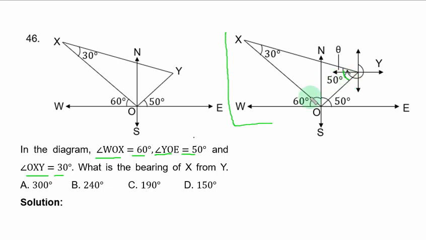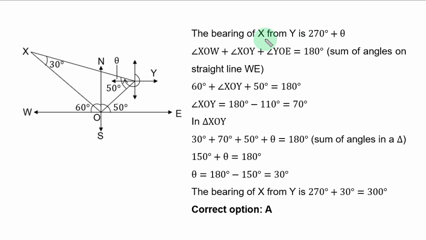Now, we have a right angle triangle. Now, if here is 50, here is 60, these remaining angles become 70 degrees. So that if you add the four angles, that includes this remaining part now, the sum is 180. The purpose is to get theta because the bearing is from this point to this point. That is 270 plus theta. That's the bearing of S from Y. The bearing of S from Y is